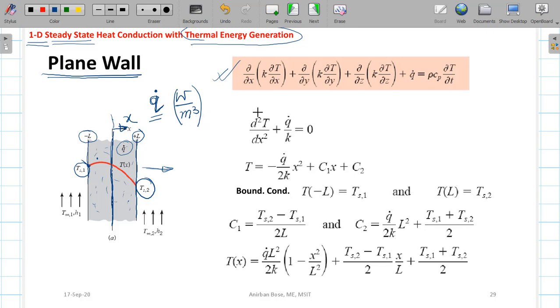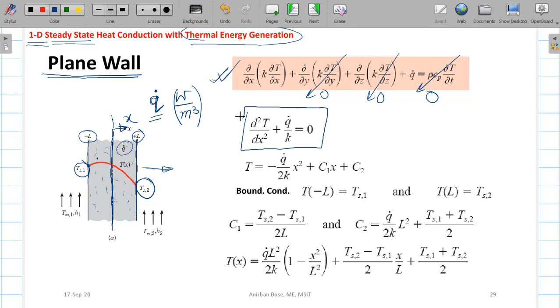So here the observation is that if we write the general heat conduction equation for the solid substance, that is within the box you can see, and for the steady state the right hand side part is 0, and for one dimensional assumption the temperature gradient along y and z can be neglected with respect to x direction. So only term that will remain is these quantities.